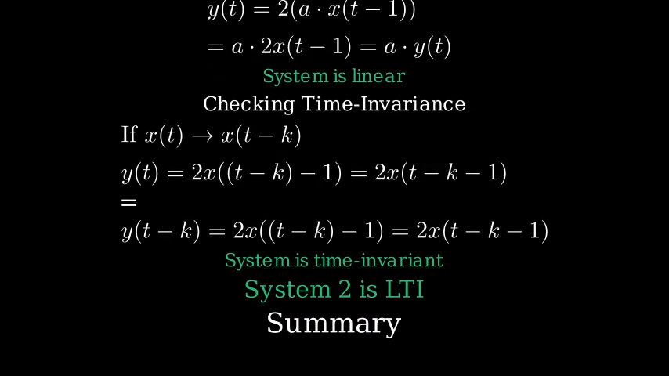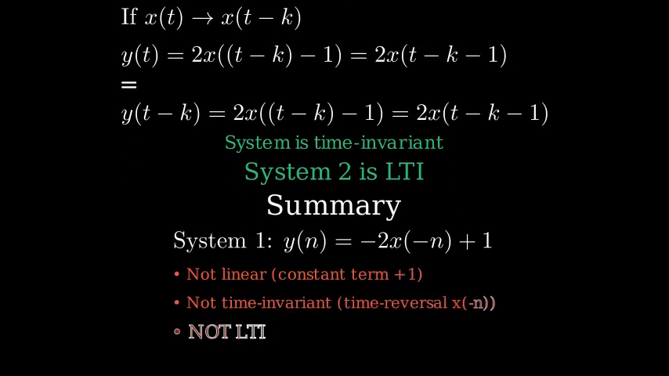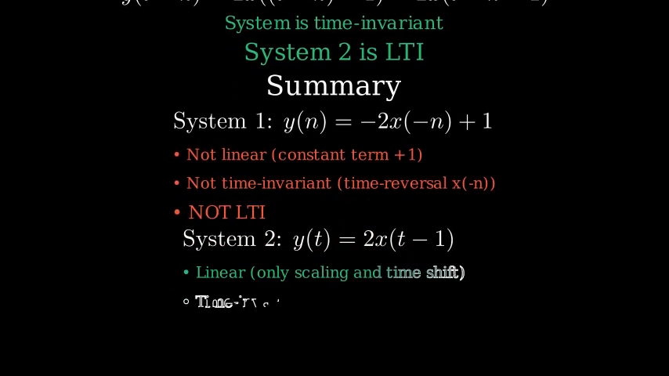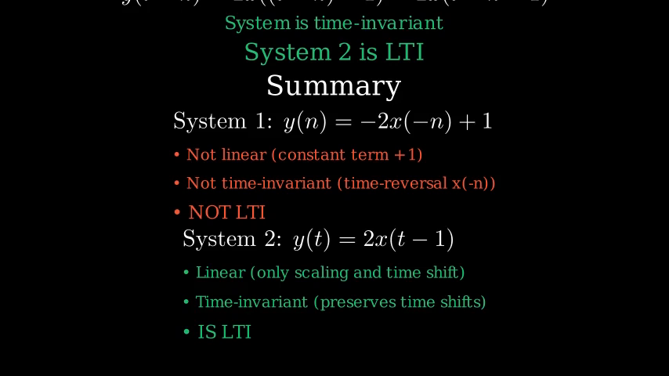Let's summarize our findings. For system 1, y of n equals -2 times x of -n plus 1, it's not linear due to the constant term plus 1. It's not time-invariant due to the time reversal operation x of negative n. Therefore, system 1 is not LTI. For system 2, y of t equals 2 times x of t minus 1,